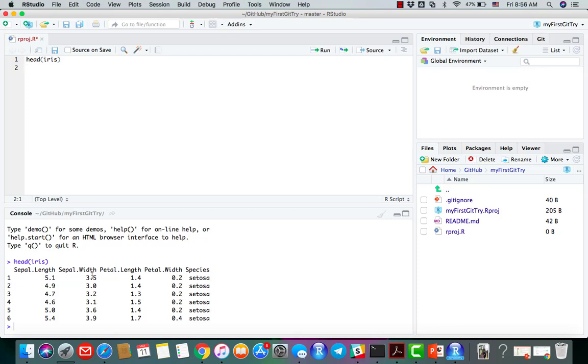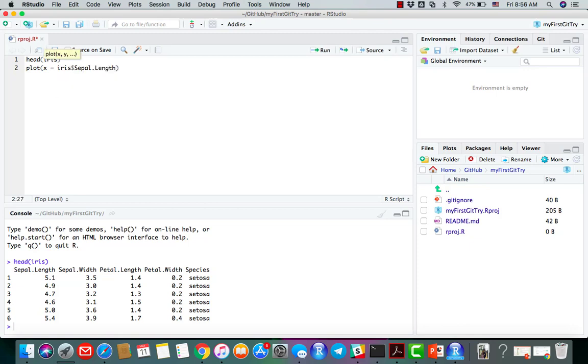If you remember, when I was talking about committing, I said that we should commit when the task is complete. So we should only commit the change to Git whenever our task of making a scatter plot is complete, which means that we have a scatter plot with proper X and Y label and a proper title. To do that, I will write plot X equal to